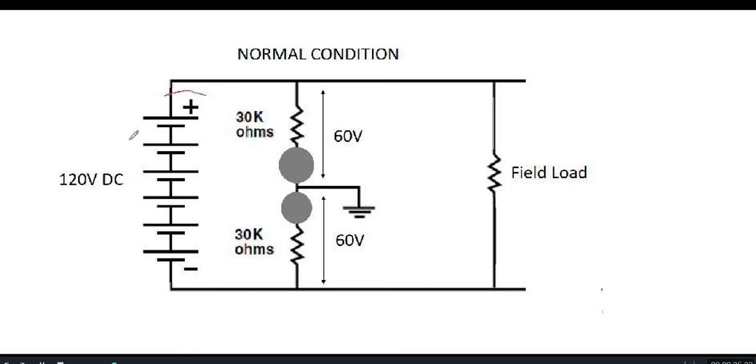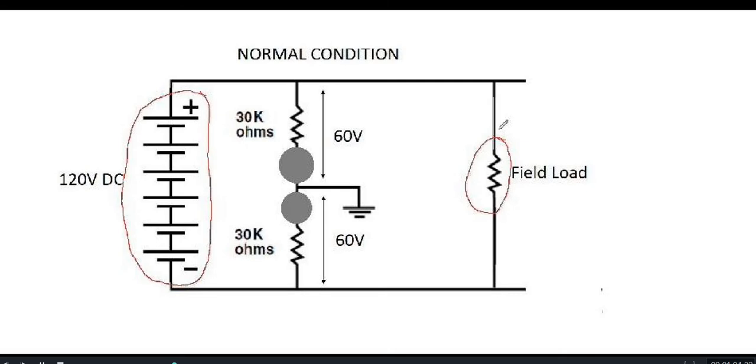This is the substation control battery that is connected across the DC-DB in parallel. I have taken an example of substation DC and DC-DB operating at 120 volt DC. This is the field load. These field loads are basically the loads of relays, various operating coils of circuit breakers, isolators and many others that are connected in parallel to the battery, that is 120 volt.